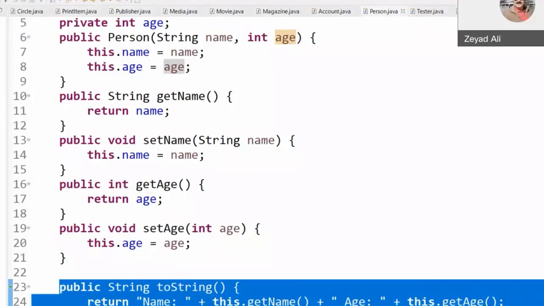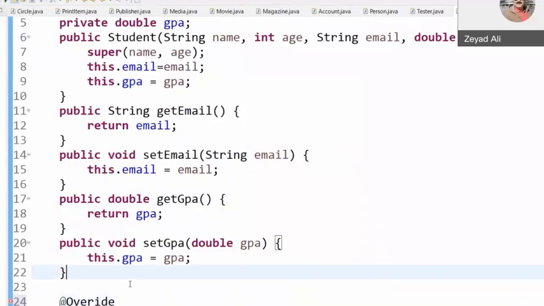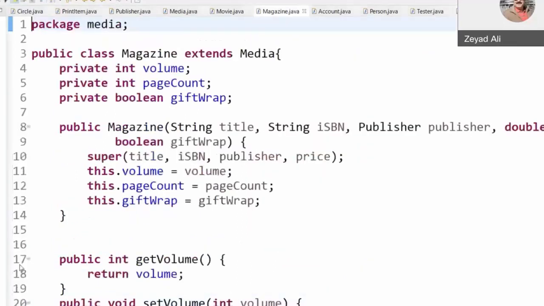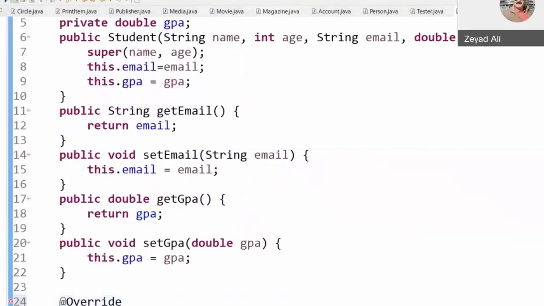Let me go to the student and show you how we could do this. First, you need to use @Override. In this case, you tell the compiler that I am overriding this method. Override means the method is available in one of my superclasses. So here we can come and just let me see here. This is override, guys. Okay, here is the student class and I am overriding. The method will have the same name, same return type.